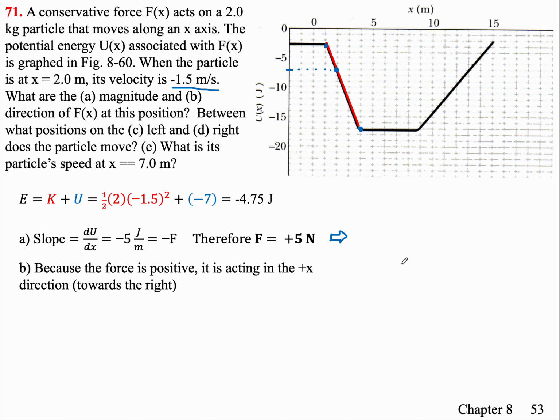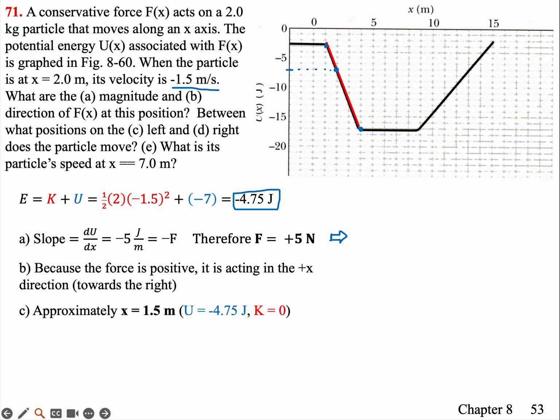C. What positions on the left and the right can the particle move? You're like, what? What limits that? Well, in this case, we know that the total energy is negative 4.75 joules. It can never go above that. And so if we look at this,